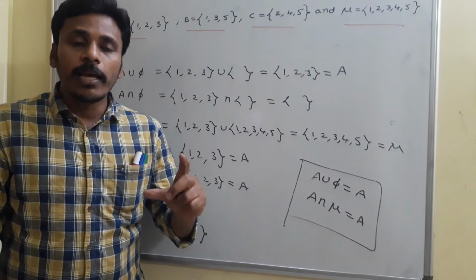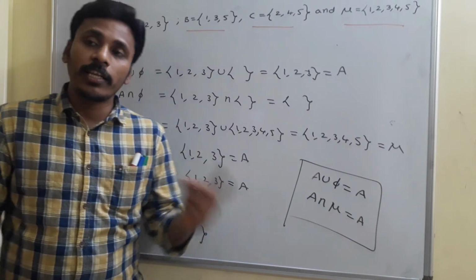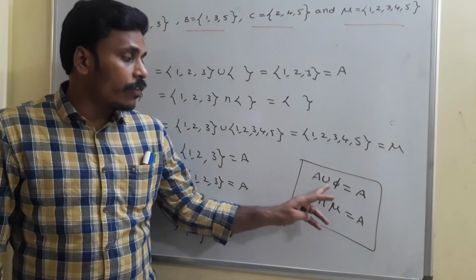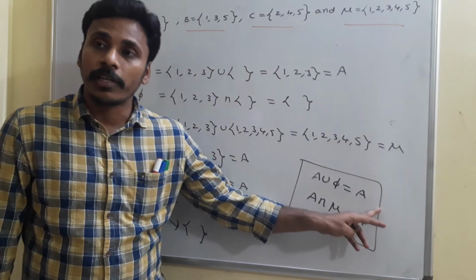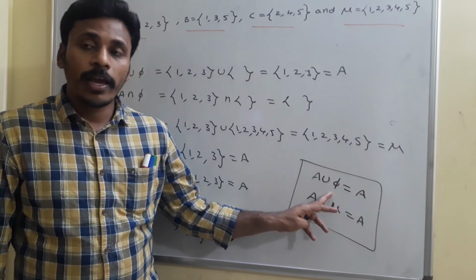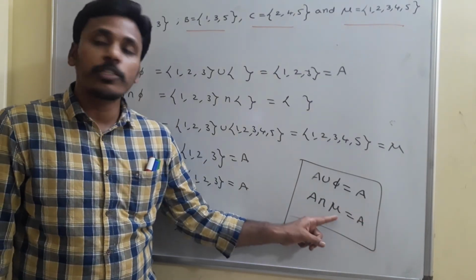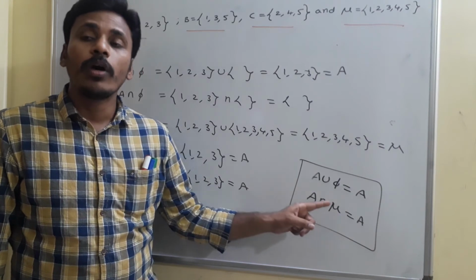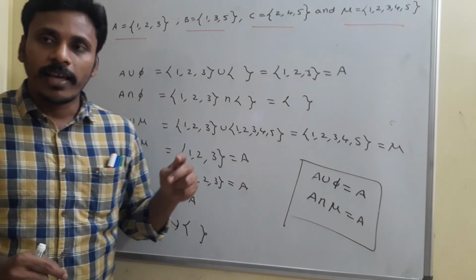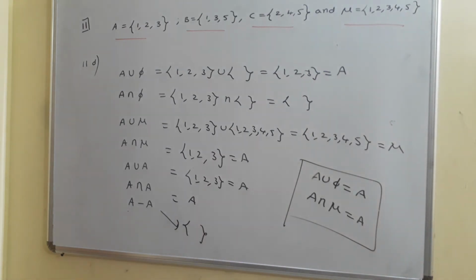We know that any number, if you multiply with 1, gives the same number, and if you add 0 to any number, it gives the same number. In such a manner, if you apply union with the empty set to a set, it results in the same set, and that's why the empty set is called the identity set with respect to union. Whereas since A intersection mu is A, mu is called the identity set with respect to intersection, and these two are called the identity laws of sets. Just have a look, and then I will give you some more things in 11E.